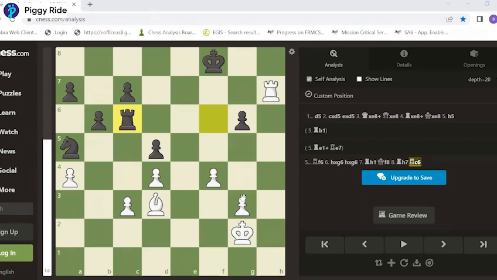White here continues his own plan, pawn to g4. And now black decides that he won't capture the pawn on c3, because doing so would drop the pawn on g6, and these two pawns would be far too strong. So he goes knight to c4. And now Capablanca continues to push his pawns.